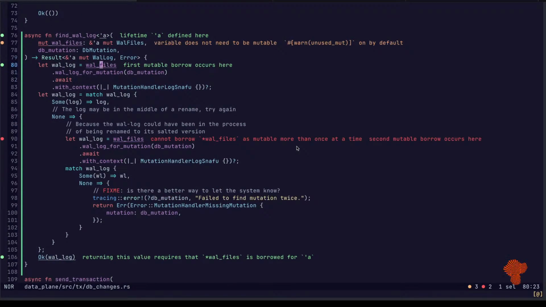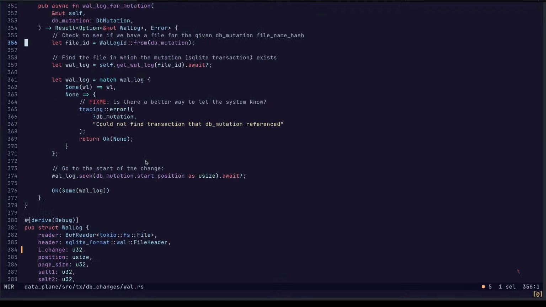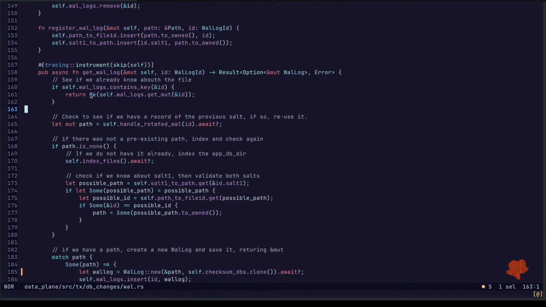This is a little bit more complicated than that. Essentially, I just want to make sure that if, while we are trying to get the wall log, it's being renamed, we account for that. So if it doesn't exist the first time, check again. That's it. Just do it twice.